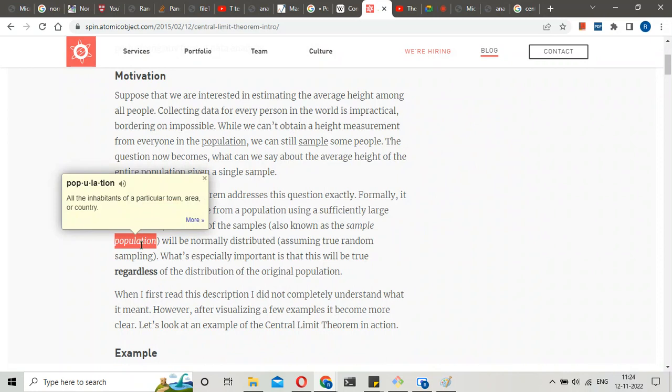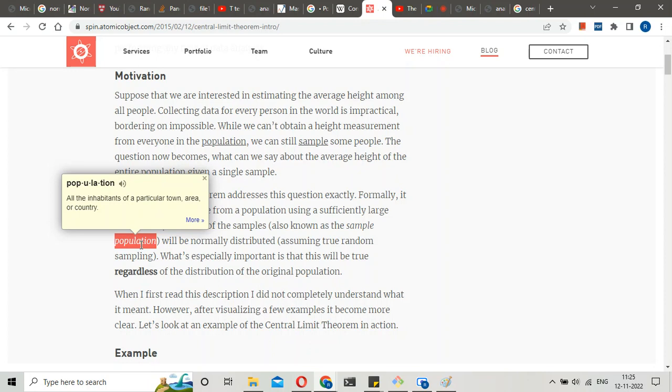Suppose you are trying to predict the height of the entire population, that is, you want to do statistics on India's population. It is impossible, right? You are not going to calculate the height of the entire India one by one. What you can do is take some sample and make some assumption based on it about whether the population is the same or not. So this is where the population and sampling concept comes in.